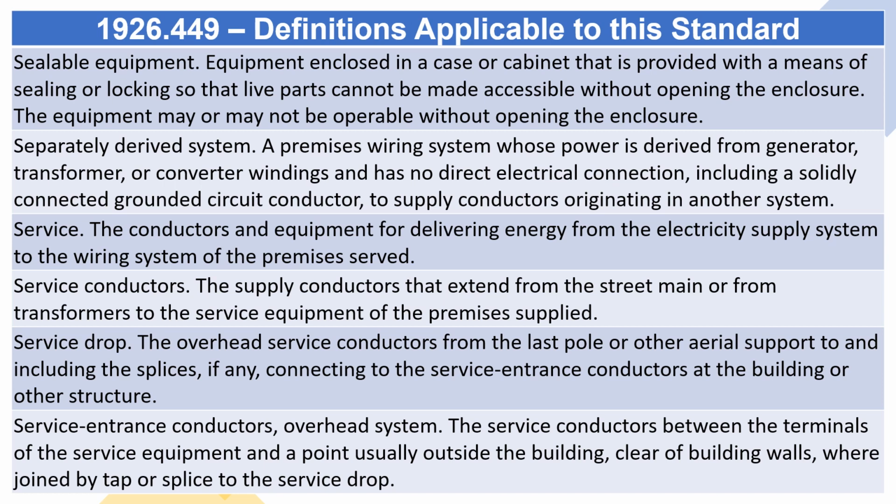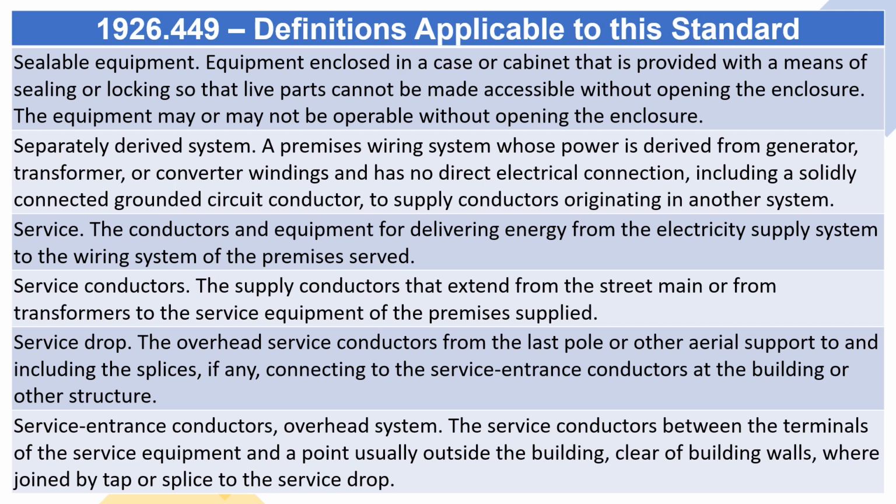A premises wiring system whose power is derived from generator, transformer, or converter windings and has no direct electrical connection, including a solidly connected grounded circuit conductor, to supply conductors originating in another system. Service. The conductors and equipment for delivering energy from the electricity supply system to the wiring system of the premises served. Service conductors. The supply conductors that extend from the street main or from transformers to the service equipment of